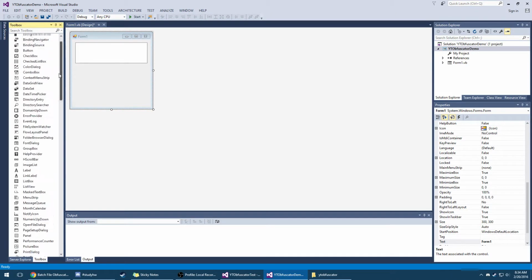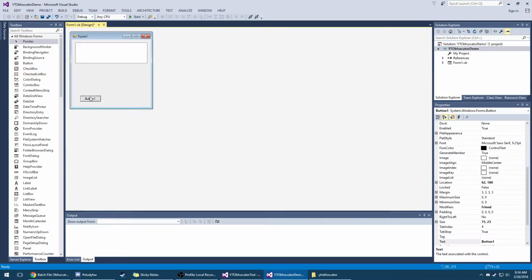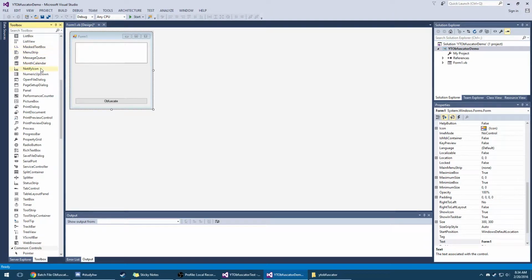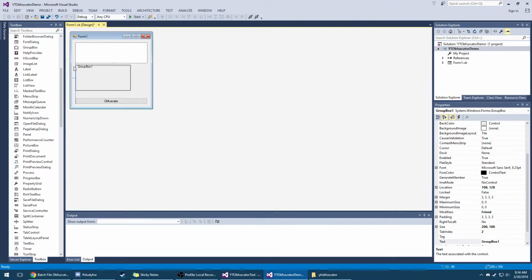Alright, so now we're going to need a couple more things. A button. Let's expand this. Call it obfuscate. We're going to need a group box, sorry, not group menu. Then go down here and expand that. Let's call it